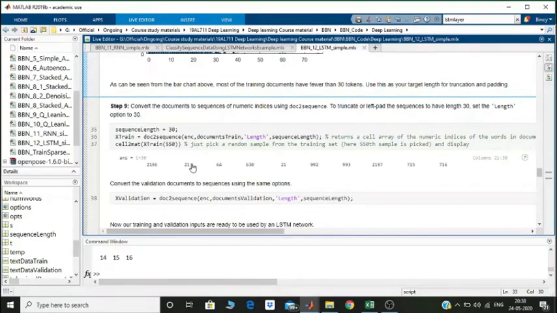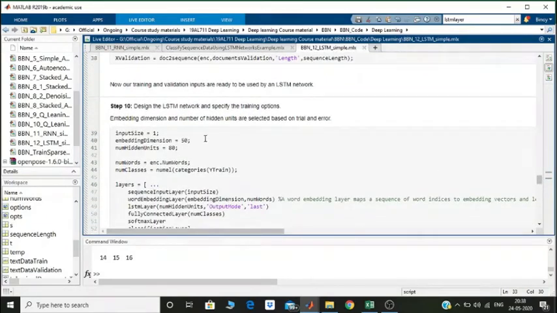So this is a number representation of the tokens that we already have. We are converting the document into numbers. The same thing is done with the validation data also, using the doc2sequence function.